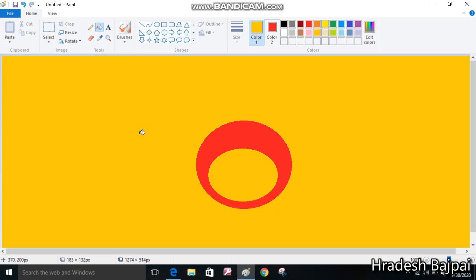So basically whenever you want to fill things with the same color, or any particular color which is not available here in the toolbar, and you just don't want to search for colors, you can instantly use the color picker tool and fill any color in it. Okay, so just practice these two things.